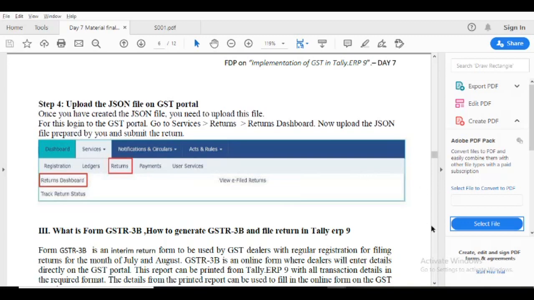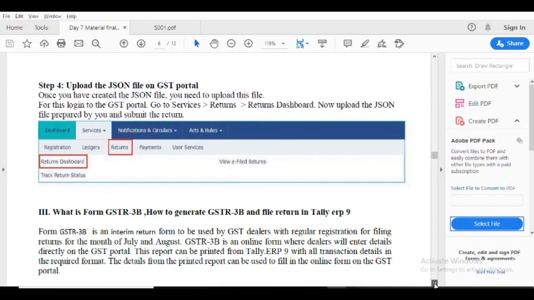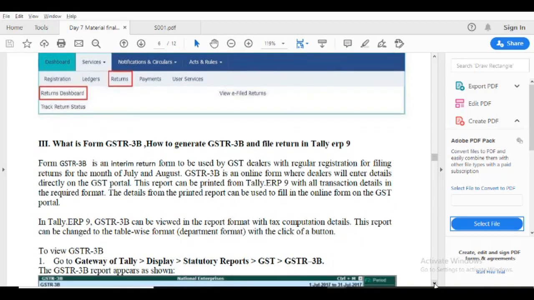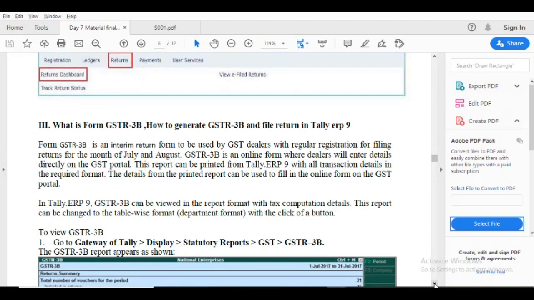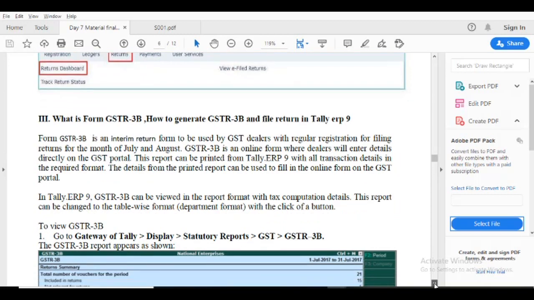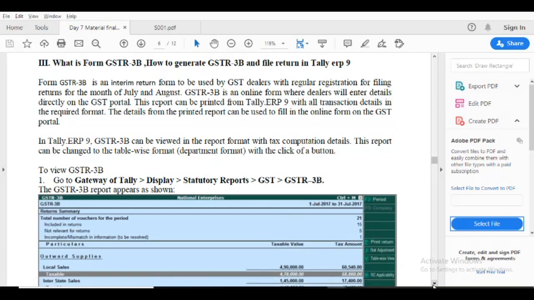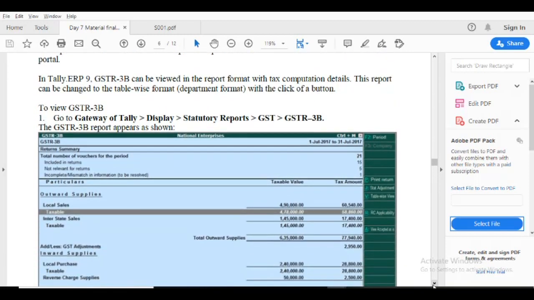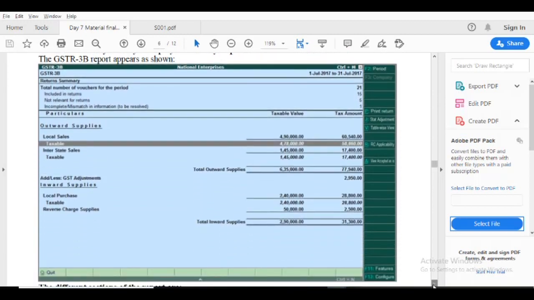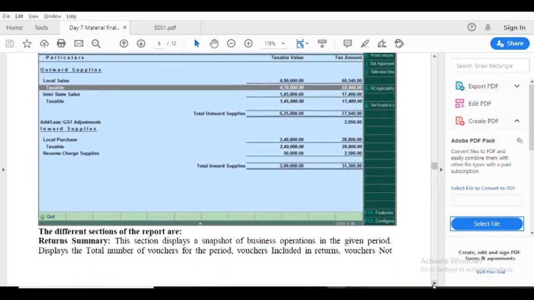Again we move to GSTR3B, how to generate GSTR3B and file the return in Tally ERP 9. View Gateway of Tally, Display, Statutory Reports, GSTR3B. Same view.